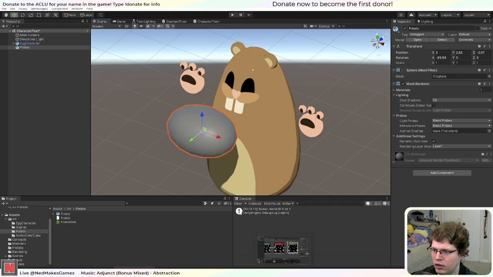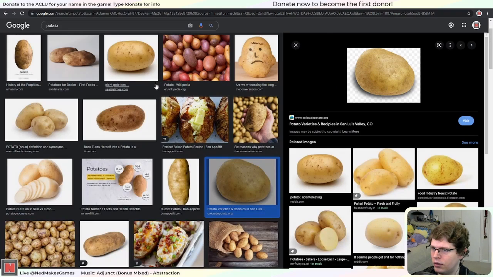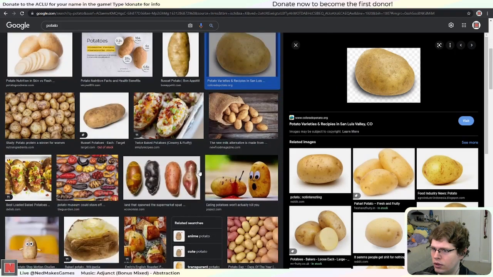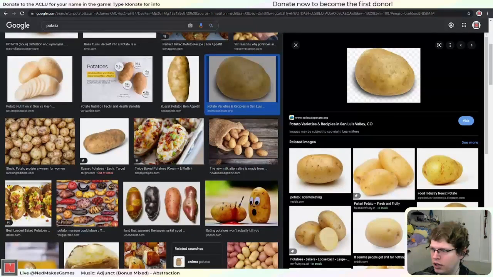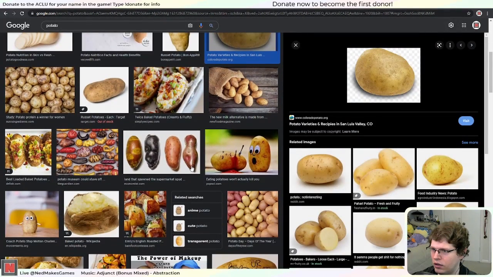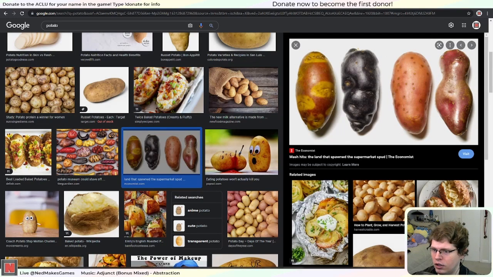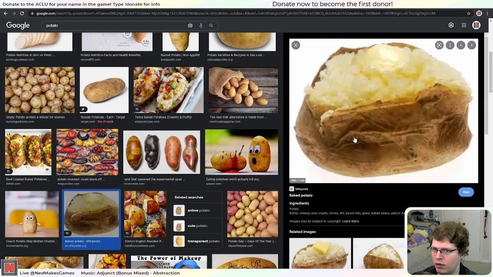I'm just trying to think. I guess I could make it like one of those reddish potatoes. Or I mean, technically it'd be baked, so I could make it darker brown. I think. Yeah, see, there's some variety. Obviously, when I think of potato, I think of this color, but